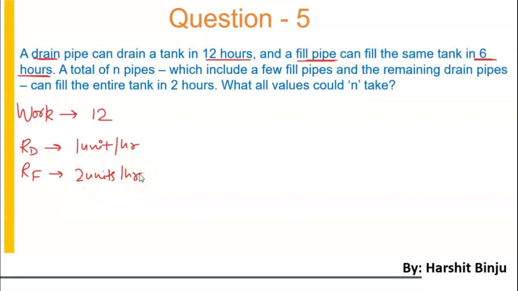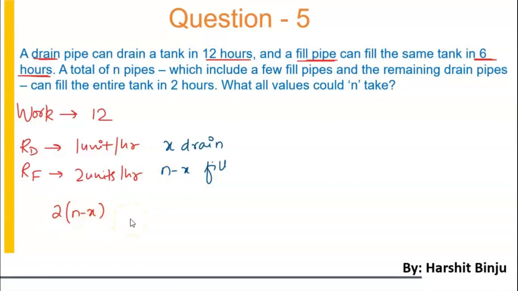So we have a total of n pipes. Let's do one thing. Let's say that we have a total of x drain pipes, which means we're going to have n minus x fill pipes. So a total of n pipes, which include a few fill and the remaining drain, can fill the entire tank in 2 hours. Now the work done by n minus x fill pipes will be 2 into n minus x,